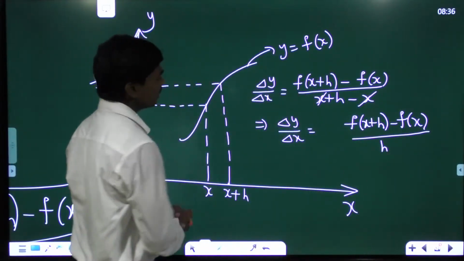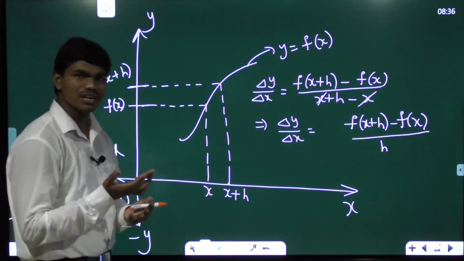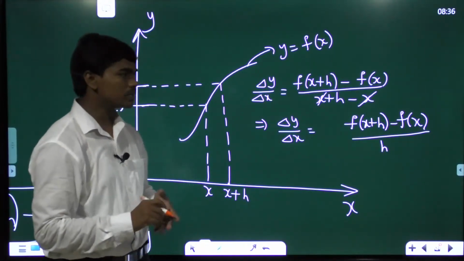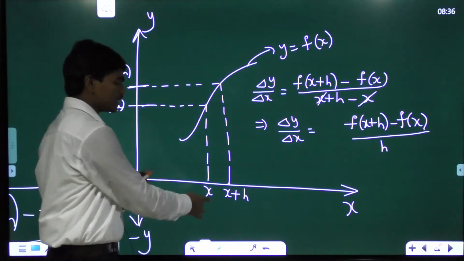Correct? Now, one important thing, generally we talk about limit, continuity, all these things at a particular point. Okay? So similarly, if you want to talk differentiation at this,